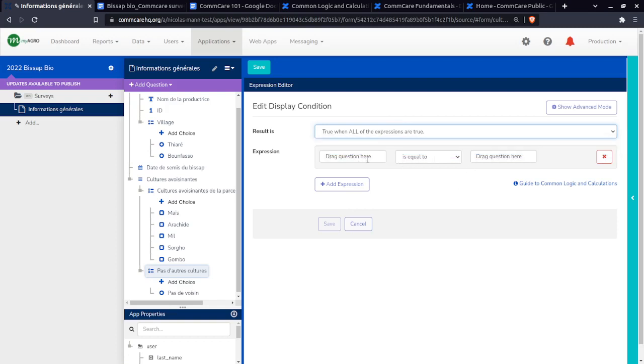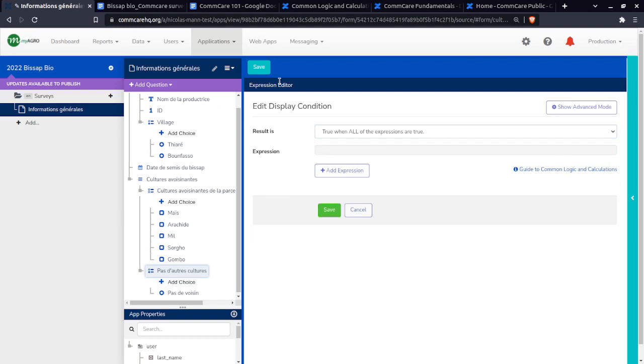So if everything in here is true, then show this question. But actually, this might not work for this specific question type. I think what I want to do is